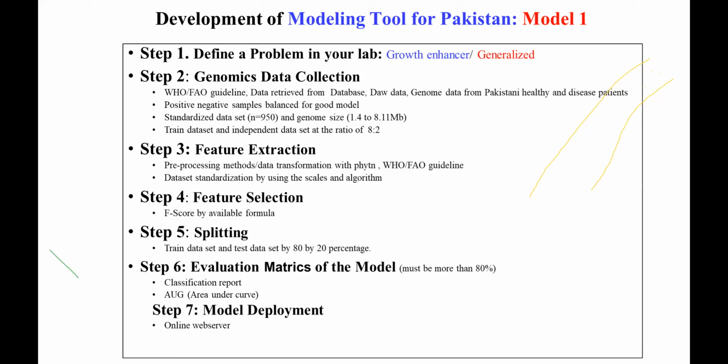If the problem is in poultry probiotics, you have to select the data in poultry. For example, if you are working on cancer-causing genes and non-cancer-causing genes, you have to target your own research area. If you're working on colon cancer, you have to select healthy human gut bacterial strains data which have genes related to anti-cancerous activity on colon cancer. On the other hand, you have to take unhealthy patient, colon cancer patient data, and then train your data set.